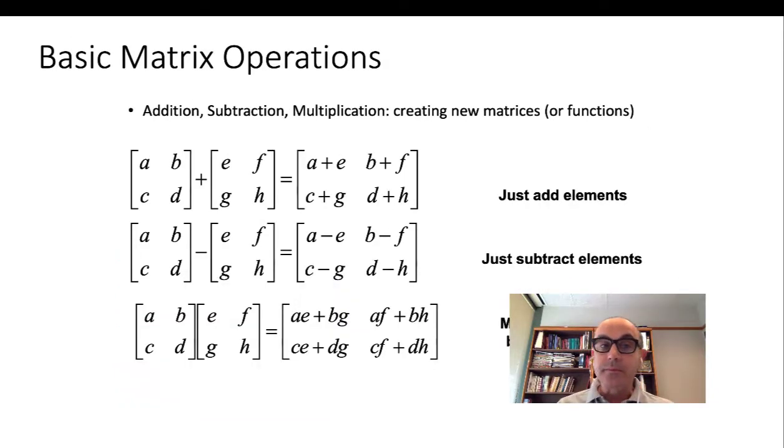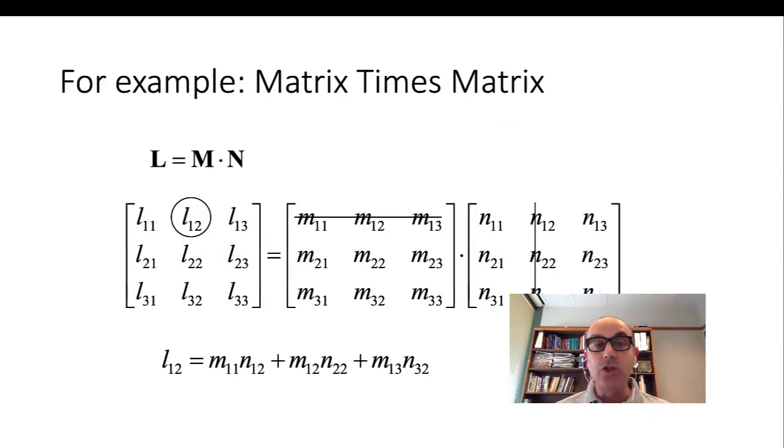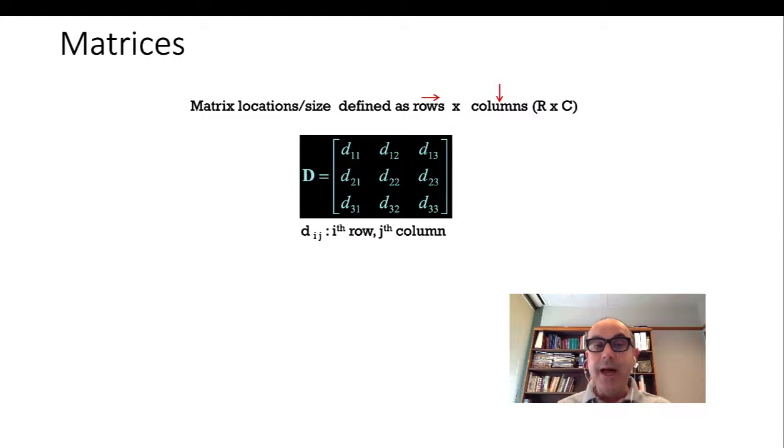So again, the basic matrix operation is just adding elements, subtracting elements, or multiplying each row by each column in order for us to do that. So matrix times matrix, again, this is what we will do in order for us to find it. The matrix location size is defined by the rows, which will be defined by x, and the columns is r